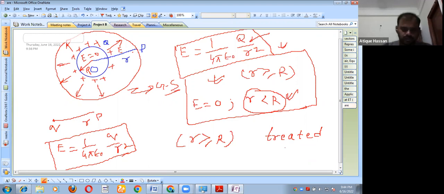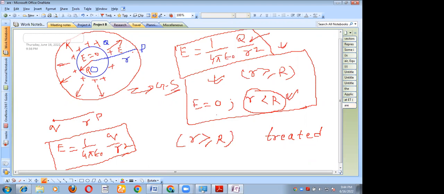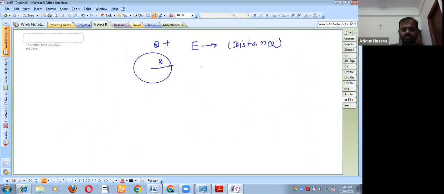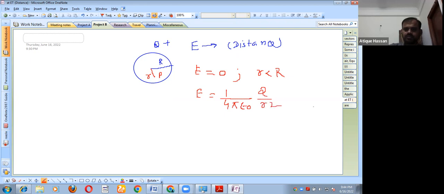Have you got my points, both of you? So for outside points, the electric field will be the same as for a point charge. So for the given question, we can say that the electric field is zero if the point is inside, suppose point P is here, that is r less than R, and the electric field is equal to 1 by 4 pi epsilon naught times q by r square